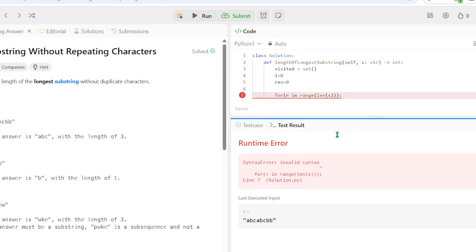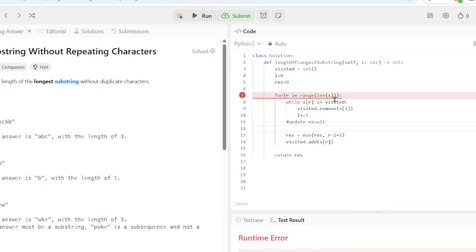What did I do? Huh? What did I do wrong?